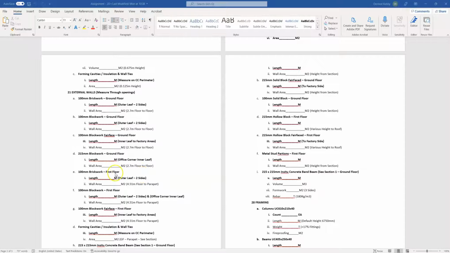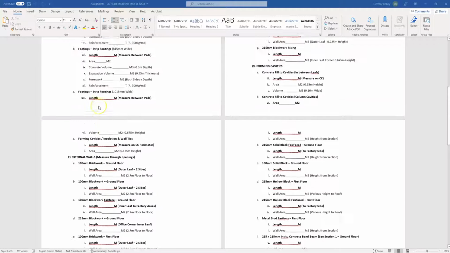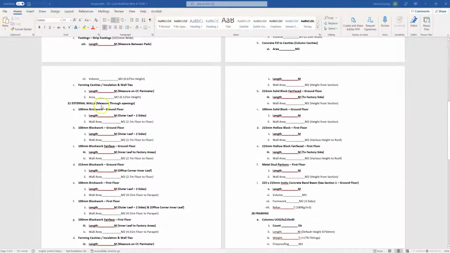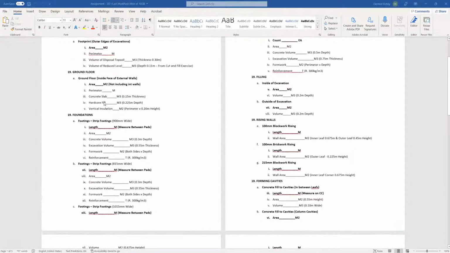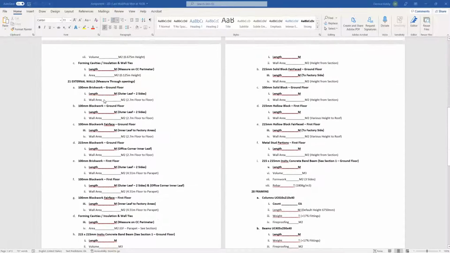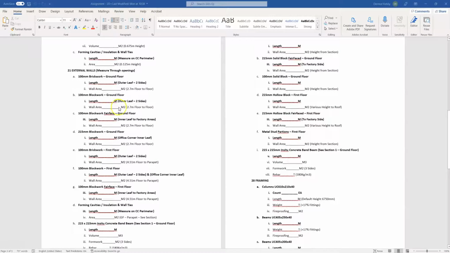Okay, guys, I'm going to give you a bit of a heads up, a tutorial on measuring the project items here, the external walls. So we've done some of the items in the foundations. We measured our ground floor, we measured our gross floor area. So you should be good in that regard, well, if you came to tutorials. This is a little video tutorial for a view week that will help you out with getting going with the